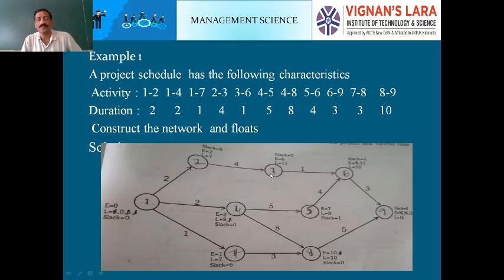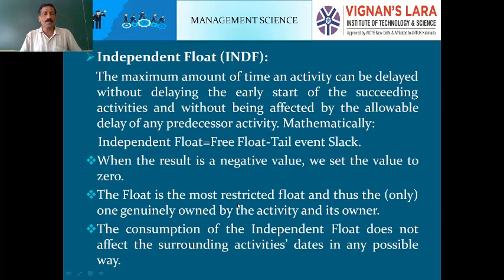Let's see here. Head event slack: 11 minus 6, 5. Tail event slack here is 5. Now head event slack here is 8 minus 7, 1. Tail event slack here is 2 minus 2, 0. Now here 10 minus 10, head event slack is 0. This is the tail event and this is the head event. Here the tail event slack is 7 minus 1, 6. Like that, I calculated the head event slack and tail event slacks. Those are substituted while calculating the independent float